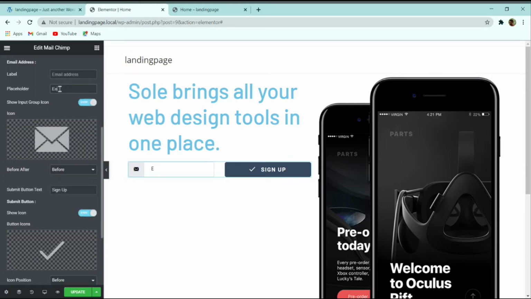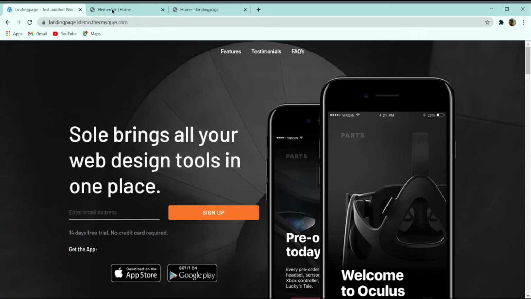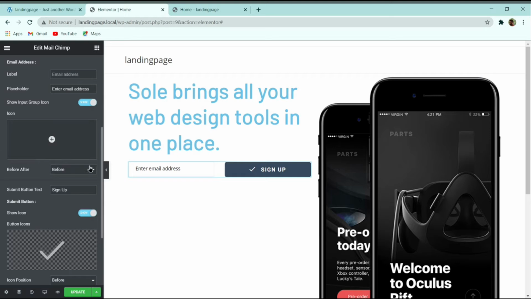Simply type here enter email address. After that, you can see that we don't have any icon. That's why let me delete the icon from here also. And after that, you can see that in this sign up button also there is no icon. So here you can see that I have deleted that icon also.